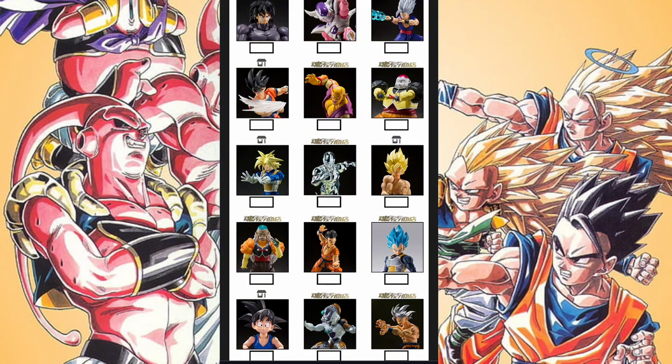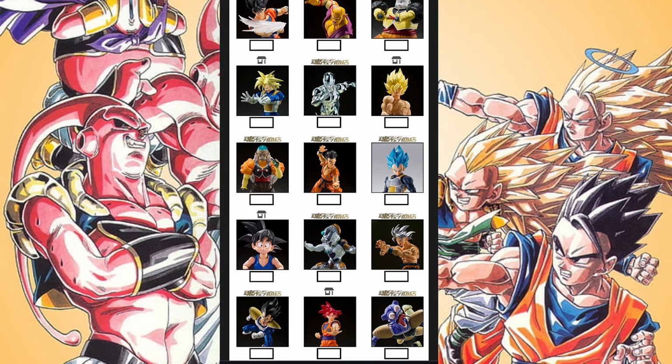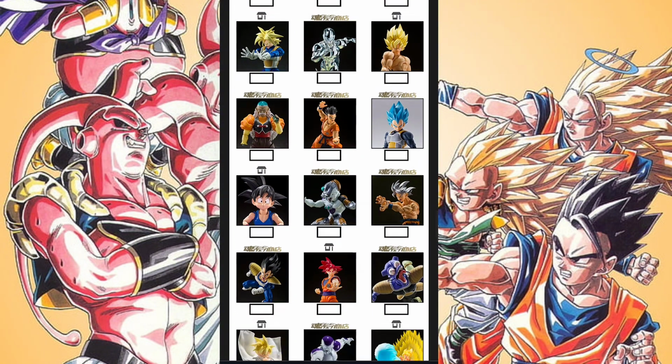Android 19. We're getting infinite latent potential Trunks, which is a repaint, but definitely, you could say it fell under scarcity because it hadn't been re-released up until that. The last time we saw it re-released was back in 2016, and when did that come out? Last year, 2023, which is crazy. Metal Cooler, of course, Android era. It's a movie character from the Android era. Super Saiyan Goku, the legendary Super Saiyan, of course, rounding out some Frieza Saga stuff at this point. Dr. Gero, Android 20, of course, Android Saga.